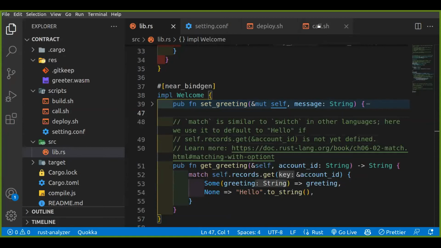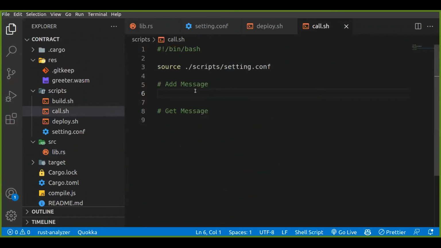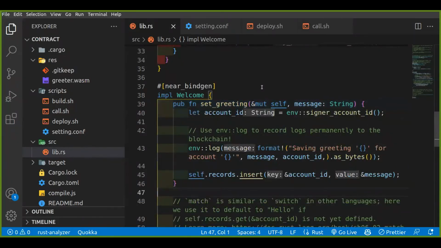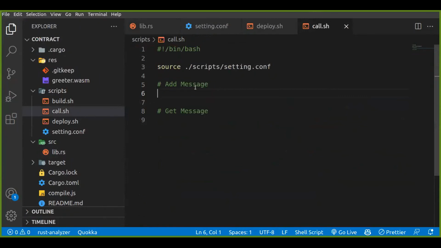So for us to be able to run our set greeting function, this is how we go about it. First of all, it is a function that expects us to sign it because of the use of the env module. I'll be talking about that tomorrow, so don't be worried about how to identify all that. So I'll just do near call. So near call is the command. Then I'm going to specify the